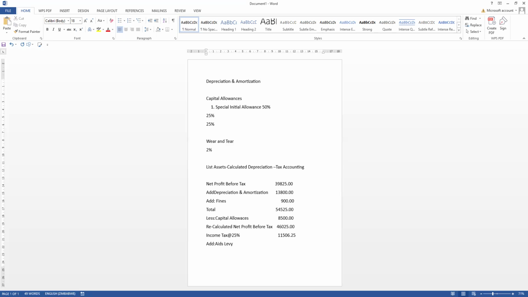Now the AS levy is at 3%. 3% of the 11,000. You understand? 3% of the income tax which I calculated, which is of the 11,506. That's my AS levy. So in this case, my AS levy becomes what? Becomes 345. I'm just going to round off 0.90,